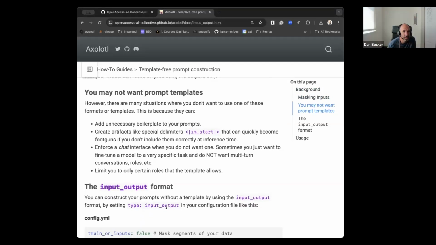I'm going to mark that question as answered live. Another nuance of this is that sometimes I don't want a chat interface, but I do want input and output tokens, or I want to mask. Like the Honeycomb example, there's a question the user asks, and then there's an output, but I don't want it to be chat because in the application layer, it's not really chat. It's just a question goes in and a query comes out. So in the real use case, beyond the toy demo shown in the class, I used this template-free approach.